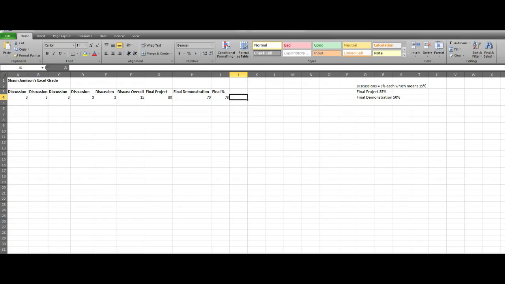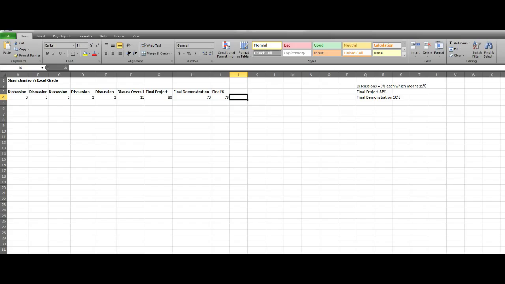So how do you build a grading spreadsheet? Well, first of all, you need access to Microsoft Excel. The other thing you need is to know what each piece of your grade is worth. You can probably figure that out in your syllabus or maybe in your grading policy. So ask your teacher, instructor, or professor, how am I graded? If it wasn't handed out to you in a syllabus or a grading policy, ask how things are graded. For this example, I'm pretending to take an Excel class, Excel 101,